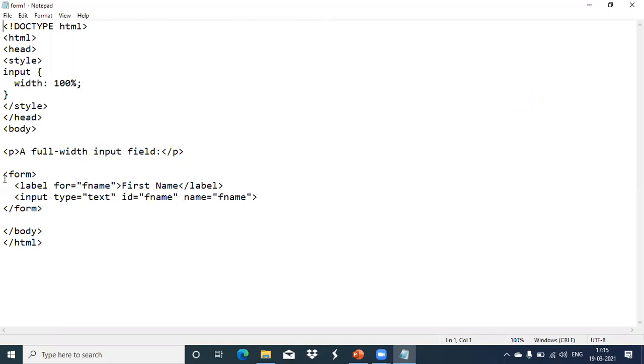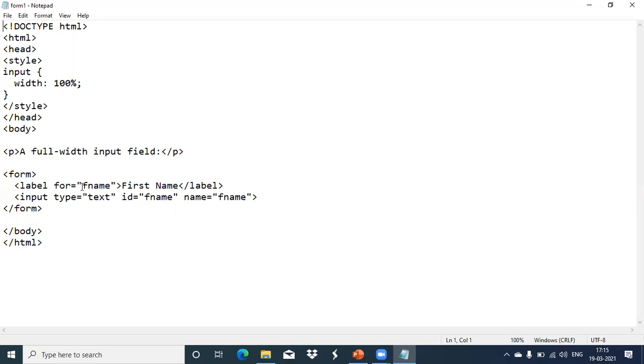Now inside the form tag, inside the body, form tag is used. Label is one more tag we are using here. So the examples you are remembering, we have done in the HTML. There we have not used any label tag. We directly specified the name to be displayed there, like first name, last name. We only type. If you want, you can do it in that manner, or else you can do it with your label tag. Okay. Now if you are using label, then for is an attribute name.